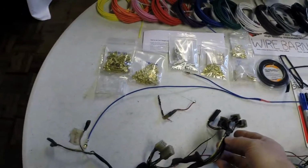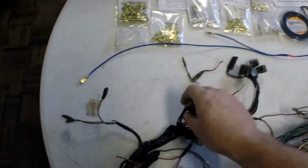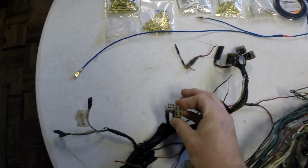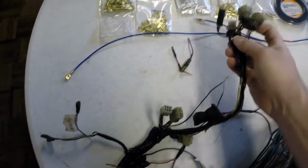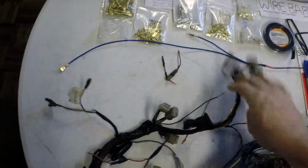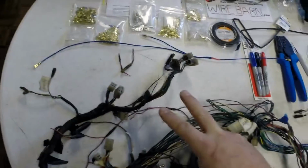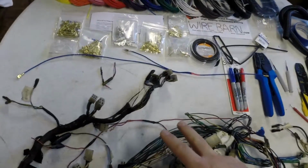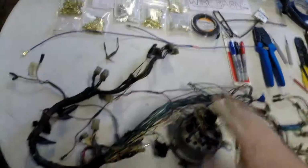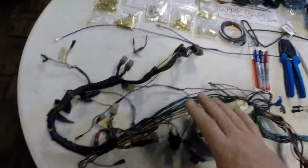So I started counting them up on the wiring harness itself, and then I started looking at these connectors going, oh, okay, well, let's see, we've got little females, big females, same thing here, those are the big males. There's two different sizes they're using. I think it's 6mm and 3mm, if I'm not mistaken. It's very close to it. At any rate, I started doing a lot of research online and found a place called